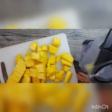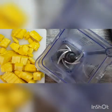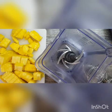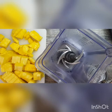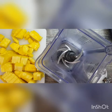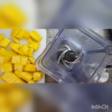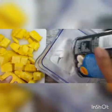You need a blender for this, and I'm assuming that most people do have a blender, so I'm just going to pop the blade in here. First of all, always put the liquid in first. For a typical pina colada, you require the cream of coconut milk, so that's like the top layer, the thickness of coconut milk. But because I don't want just the coconut milk, because you'll have to put some other milk in it as well, I'm going to put the whole tin. That way I won't need to include any sugar, because this will have all the natural sweetness from the coconut milk. So we pop all the coconut milk in there,